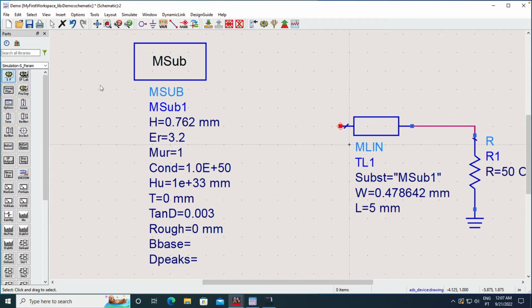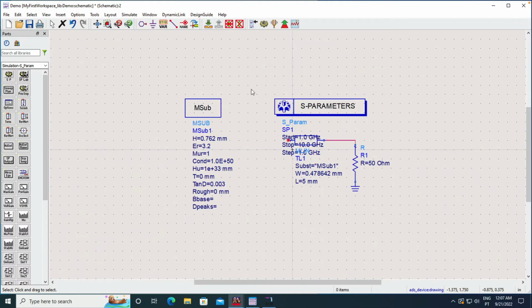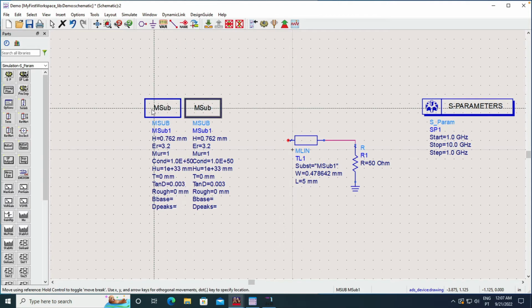I'm going to place this component here, or this block, which is associated with the specific type of simulation that we're going to do, and the simulation involves the measurement of S parameters. In this case, I'm mostly interested in calculating the S11,